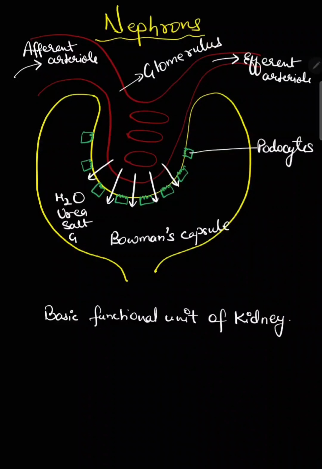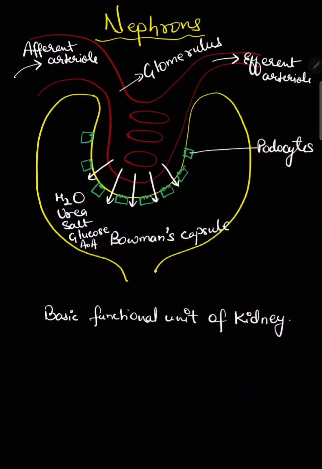Actually glucose is filtered but it is reabsorbed. So in urine, if glucose comes, then that means the patient is diabetic. Some amount of amino acids will come. Okay, these will later be reabsorbed. Glucose, amino acids, most of the salt, and most of the water will later be poured back into the blood through the reabsorption method. So here in the Bowman's capsule, these things will be filtered out of the blood, except for